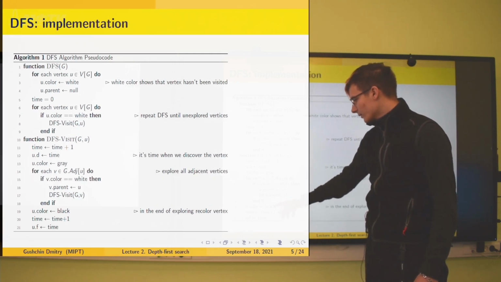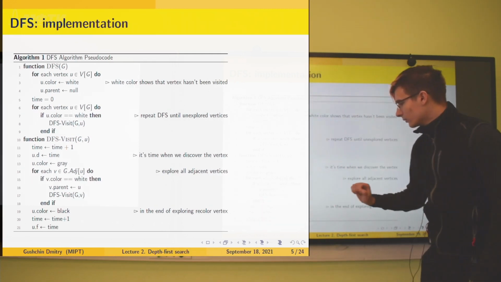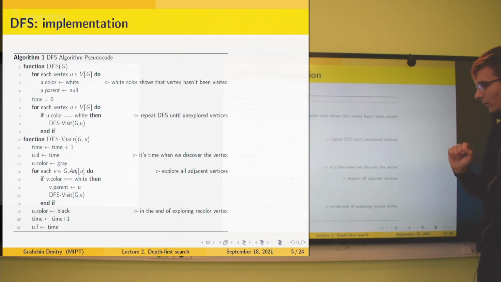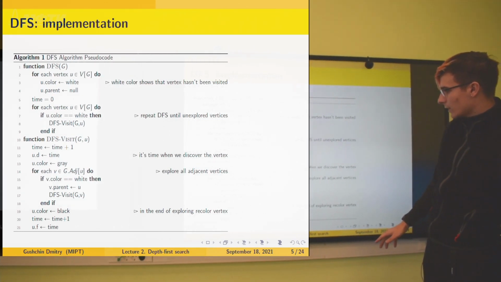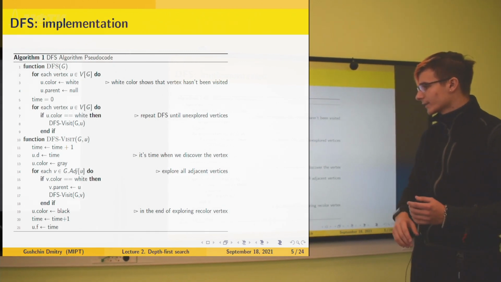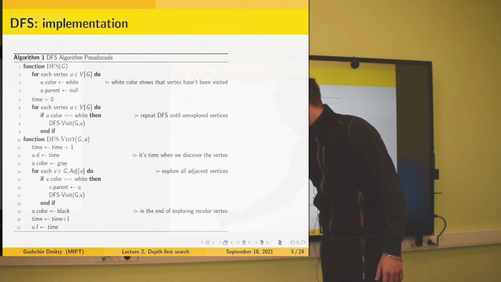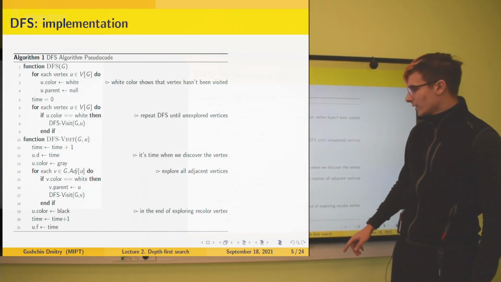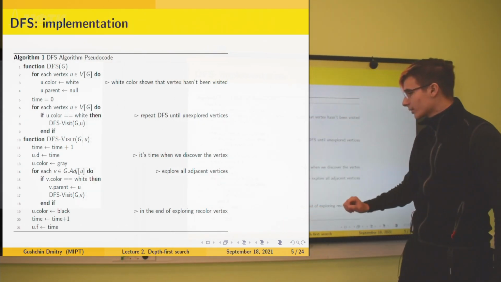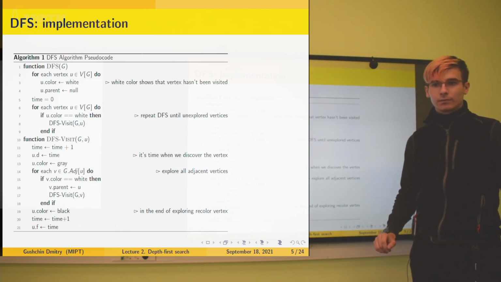And if we have explored all adjacent vertices, we say, okay, we finish this vertex and record the time when we finish exploring it.